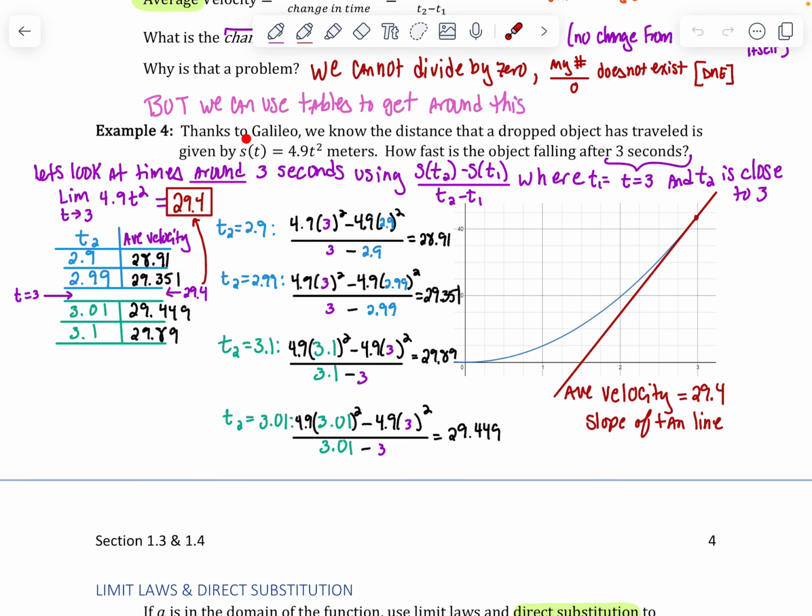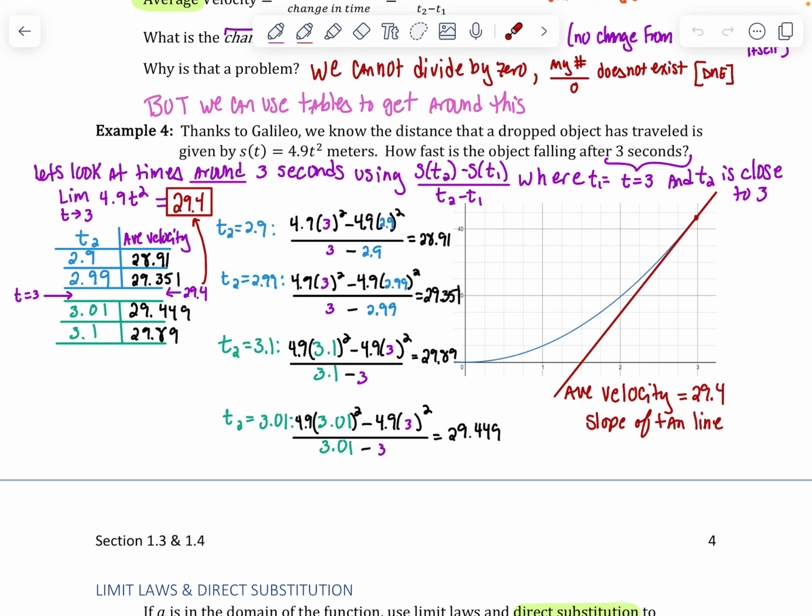The problem reads, thanks to Galileo, we know that the distance that a dropped object travels is given by s of t equals 4.9 t squared meters. So this is always true. Distance in meters is based on t, time as an input. We're asked how fast, not the distance, that the object is falling after 3 seconds. So we're actually looking for instantaneous velocity,